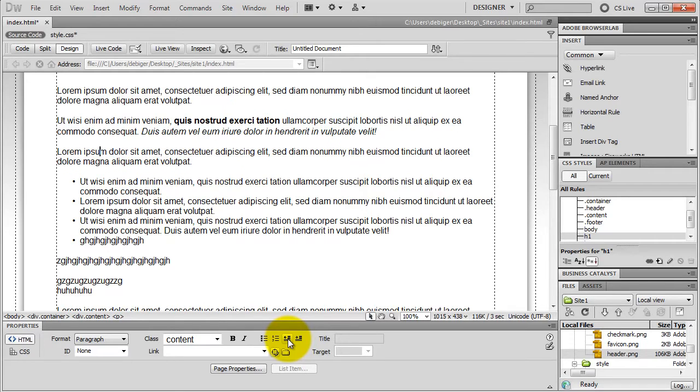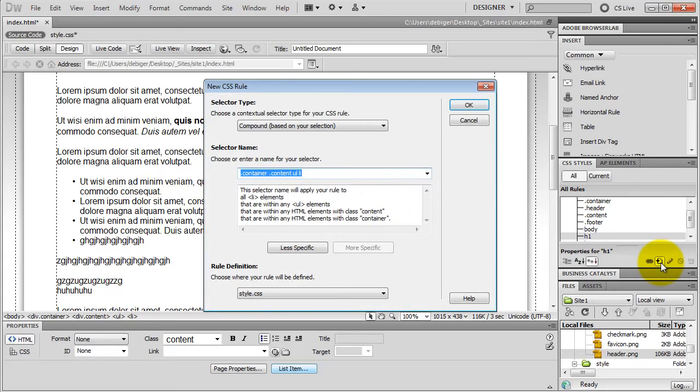And also I can style any tags using CSS. I put my cursor in one of my list items inside of my unordered list. I click on new CSS rule, and I need a compound selector because I only want to style those list items that are inside of an unordered list. But I only need the UL li tags, so I click on less specific once again, and this CSS rule is only going to apply to those list items that are inside of a UL tag, so it's not going to have an impact on my ordered list if I have any. I click OK,